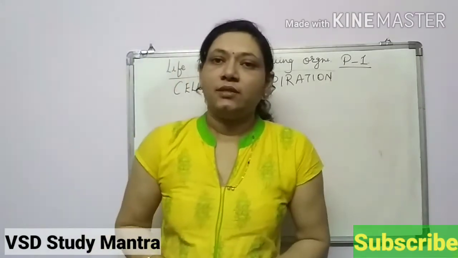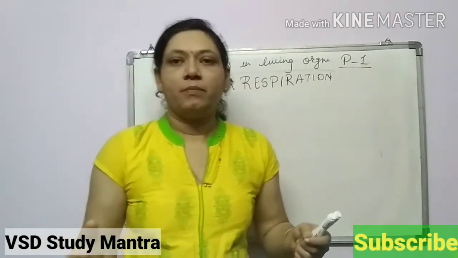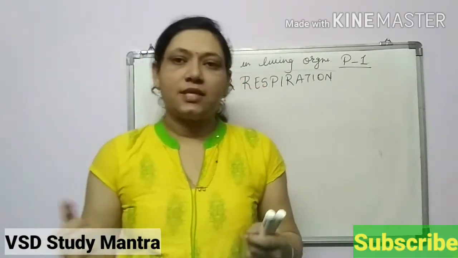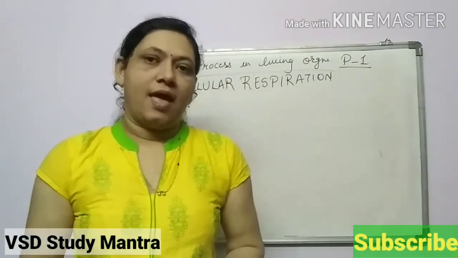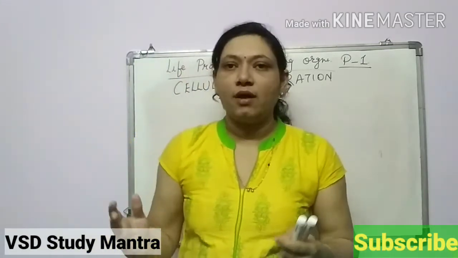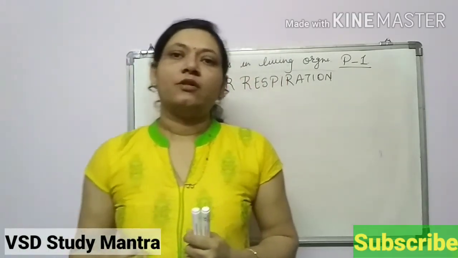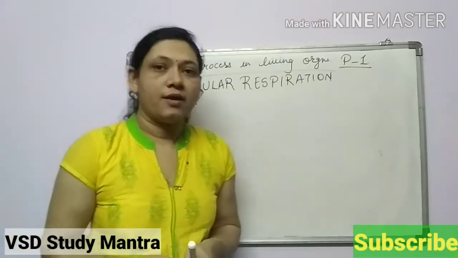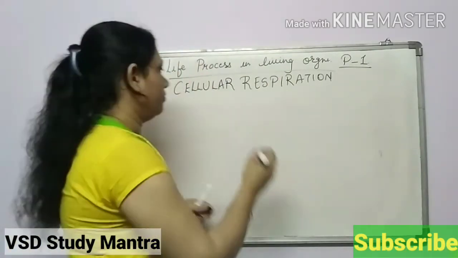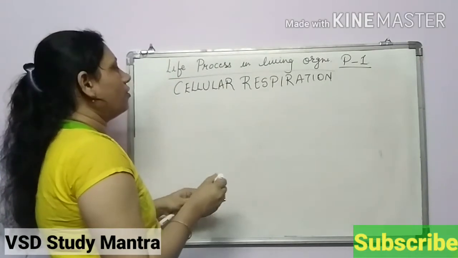Cellular respiration is carried out using carbohydrates, the carbohydrates which are present in plant material. Just now we said that it is the main source of energy, and by that only we get energy to perform work, to perform the functions of our body. So the main carbohydrate is glucose.